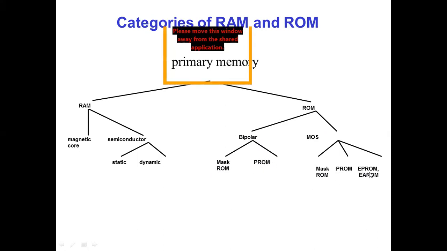Similarly, in this case, EPROM is erasable programmable read-only memory. So here you can erase. We can use different technology to erase the data, and then you can change the program, but it works for a particular task. Even though you can write again, like a writable DVD or CD, you can erase and again write the data. The same technology we can use in ROM. CD-ROM is also like this. So we can use the technology and erase the program.